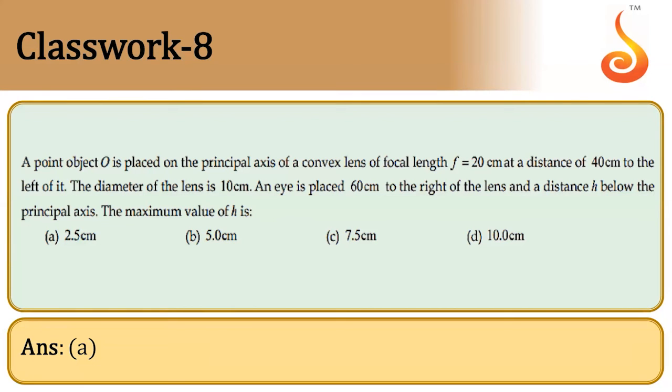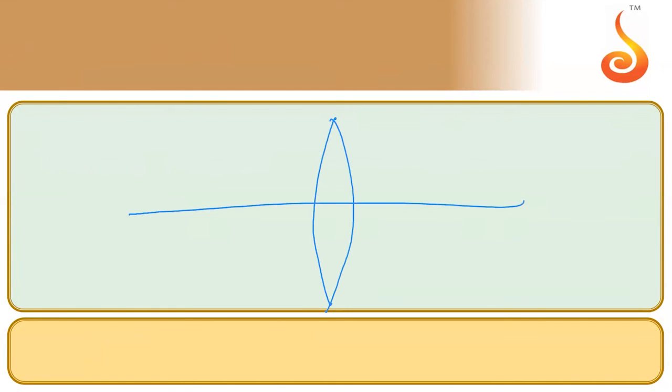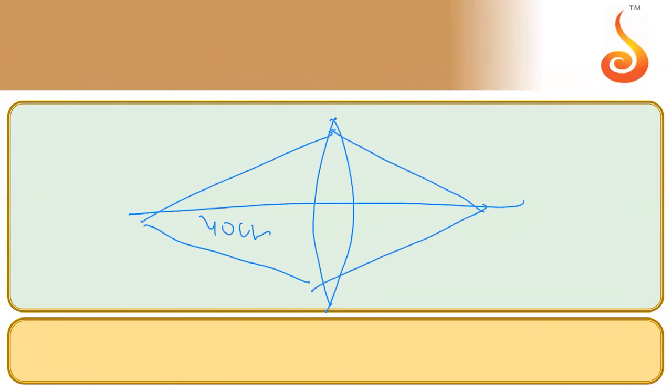Let's draw the diagram and try to understand the question a little better. He told us in the question that there is a biconvex lens. There is an object kept at 40, and you all agree with me, it is at 2f, so image will also be formed at 2f. He also told me that this aperture diameter d is equal to 10 centimeters. You all also agreed with me that if this is 40, this should also be 40.